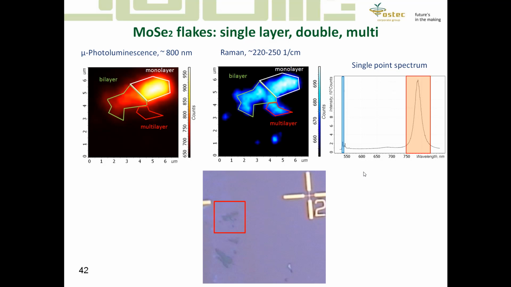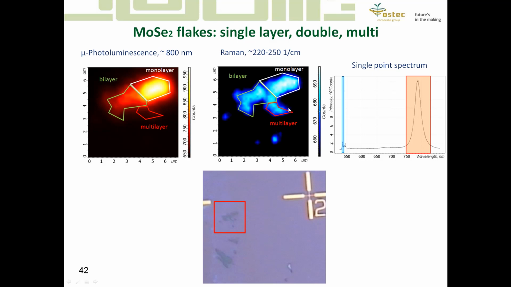There is a property of such flakes: when it is a single layer flake, it has a very strong photoluminescence. When it is a multi-layer structure, like the region shown in red, it has no photoluminescence at all, and the double layer region has rather weak